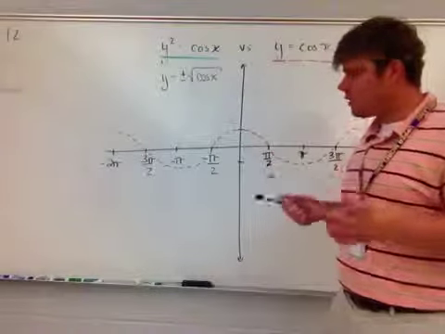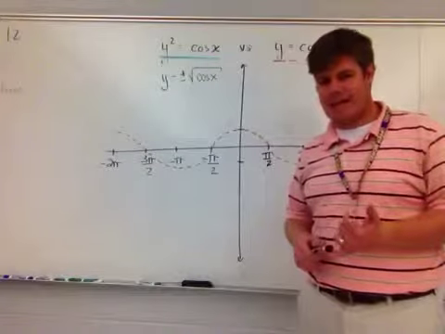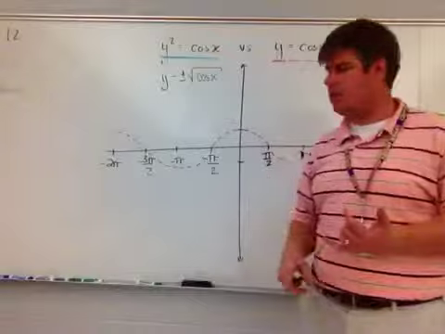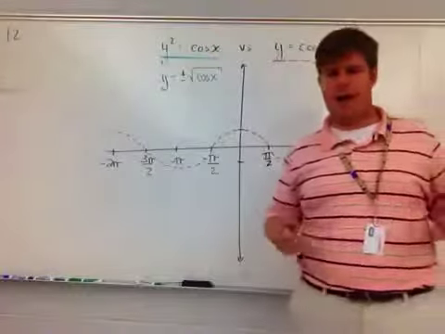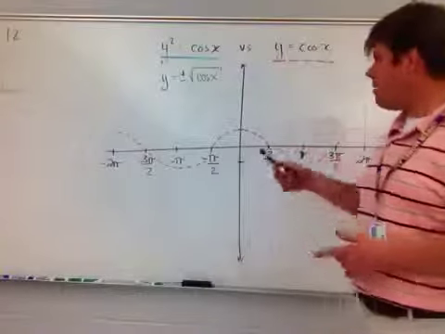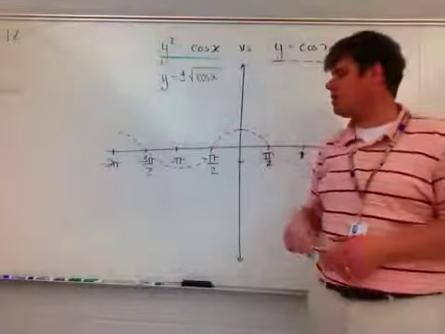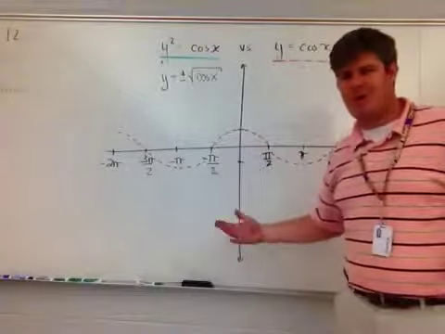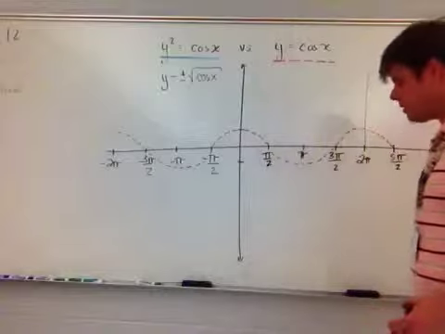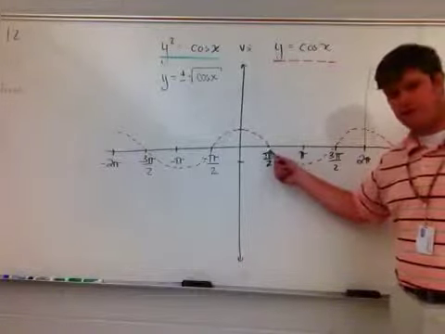So, first thing that I want to take note of is that I can never take the square root of a negative. So just before I even do anything, there's some things that I can begin to look at in this function and go, these values are not going to be defined in my function. So if I begin to now turn this graph, that was y equals cosine x, into y equals the square root of cosine x, I look at this graph and I go, where can values not make sense? And clearly what we can start to see here is that the values that are between pi over 2